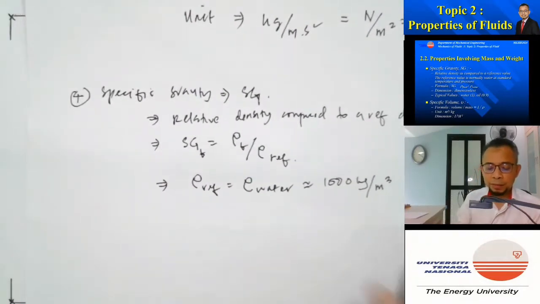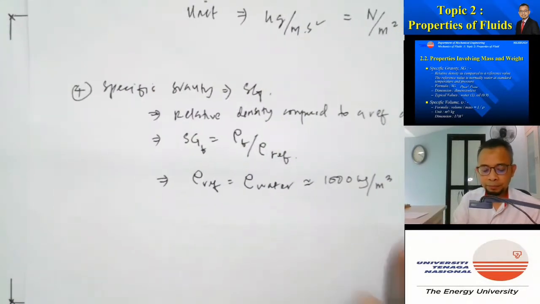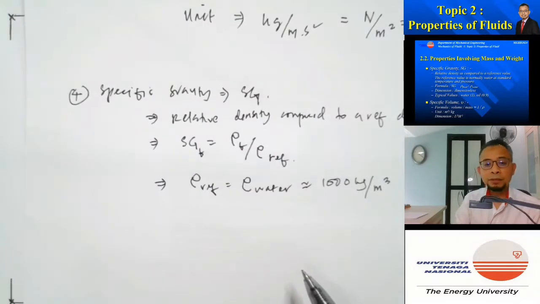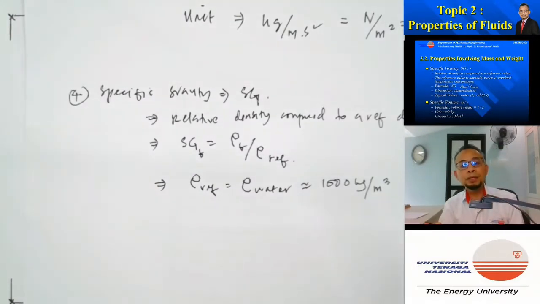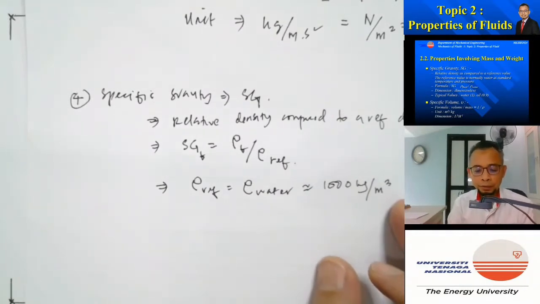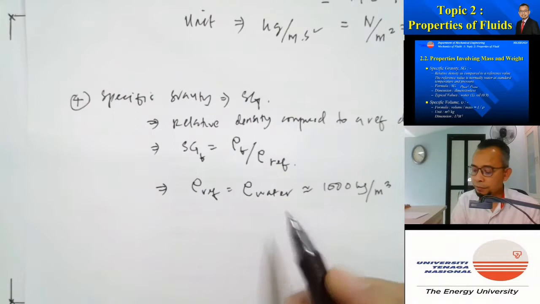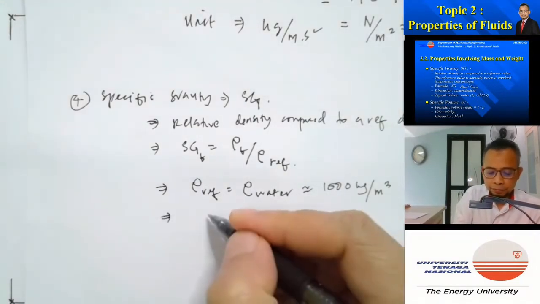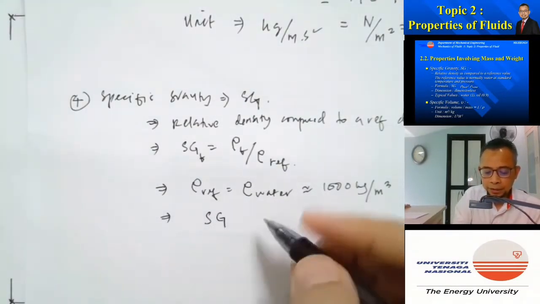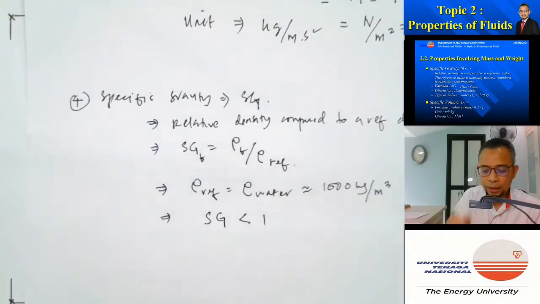So what does it mean? If we use water as the reference, because water is the most commonly used liquid that is actually available on Earth, then if we have a fluid which has an Sg less than 1,